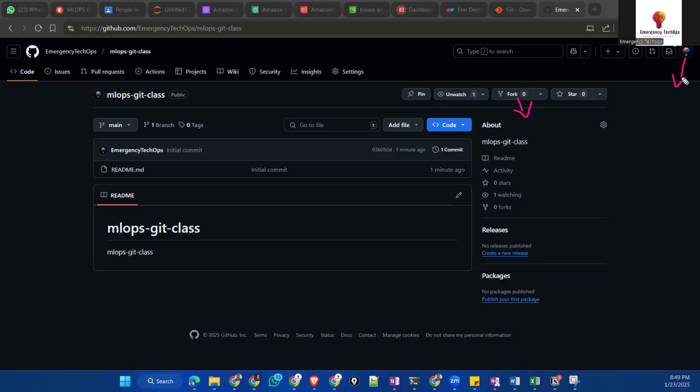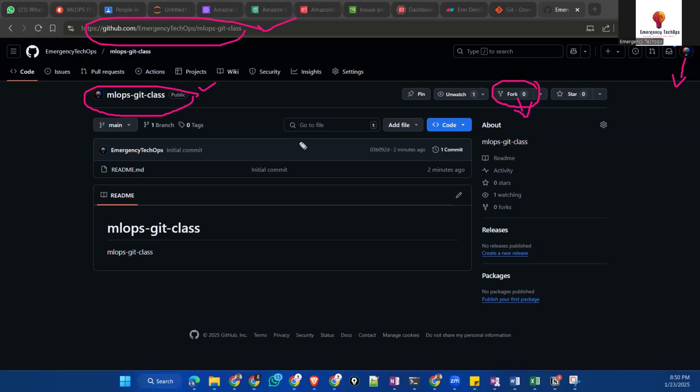You want this repository in your account. How can you get this repository from my account to your account without a single change? Simple. Copy this URL, paste it in your browser, and there, logged in to your GitHub account, click on this fork.